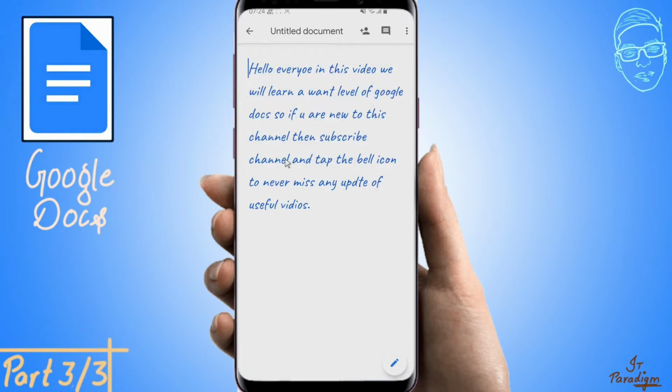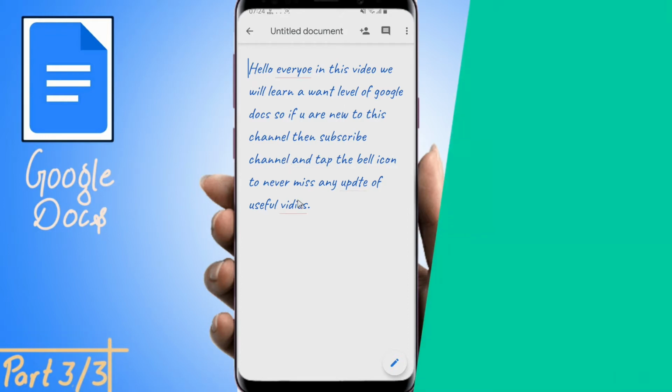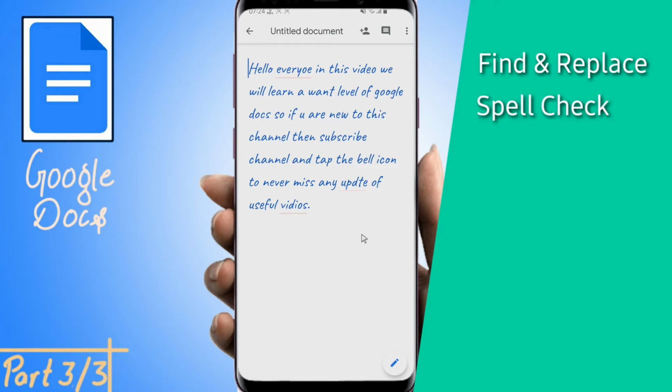First of all, let me visualize the list of what we are going to learn in this video. So first of all, the find and replace option, how can we find any word and replace it with any other word in this document. The next, we will perform the spell check in this document. Next, we have word count, then page setup.